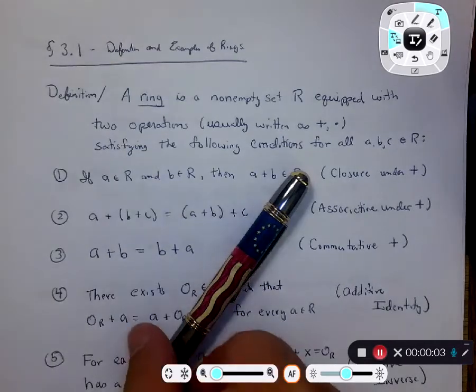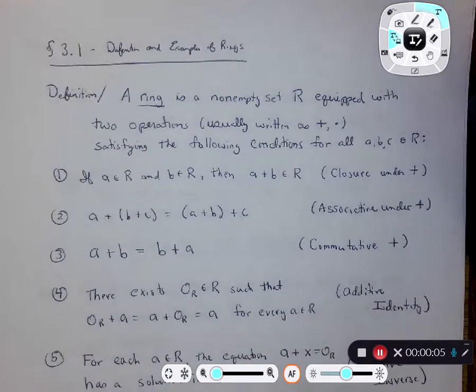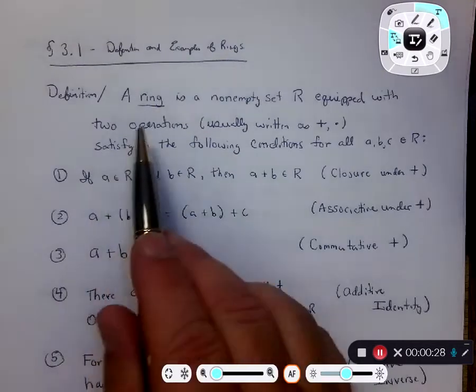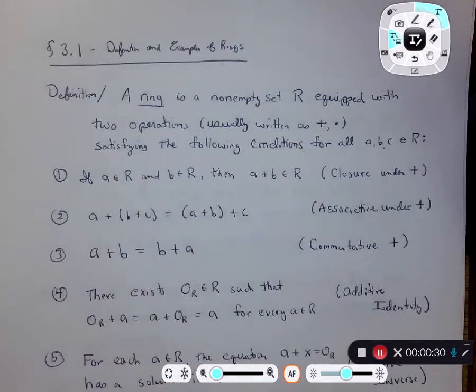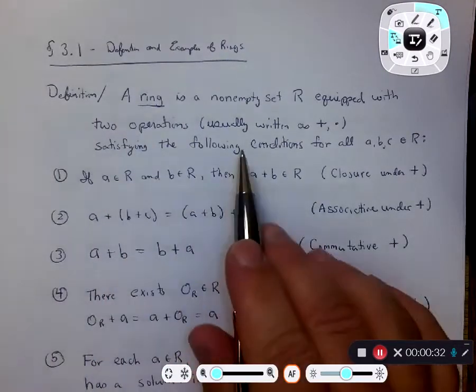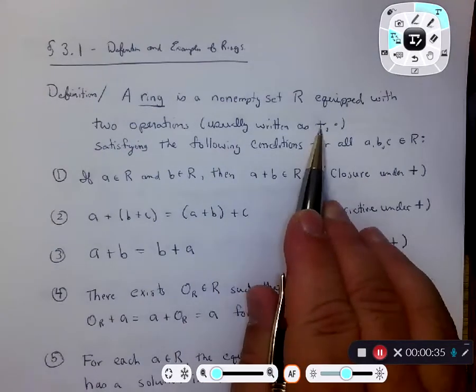Alright, well, we're moving on to chapter 3.1, the definition and examples of rings. Now before chapters 1 and 2, we've been working on just a particular type of numbering system, which is the integers. Now we're going to broaden our base a little bit and talk about more general sets of numbers called rings. So a ring is a non-empty set equipped with two operations, usually written as addition plus and